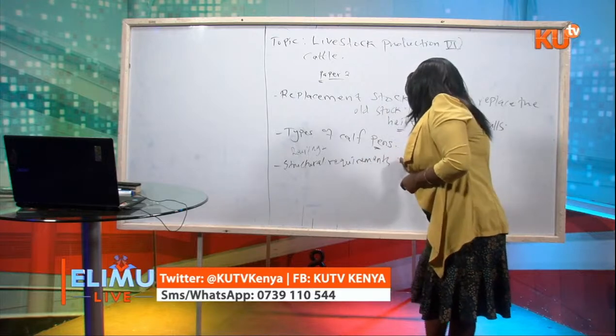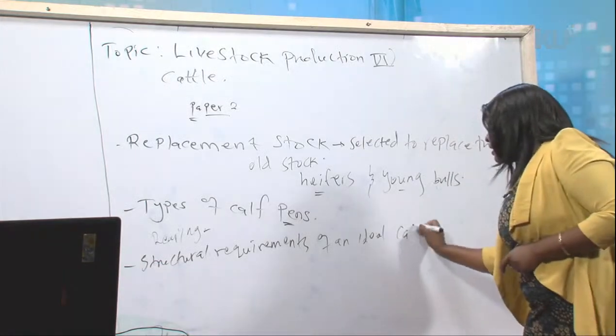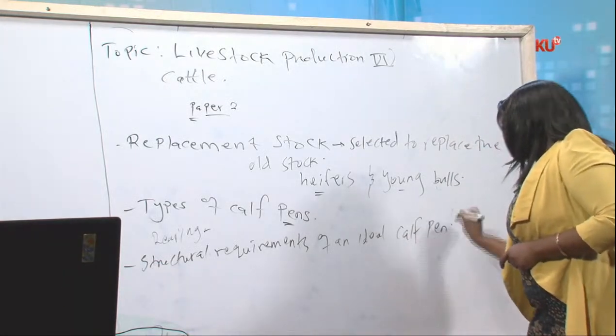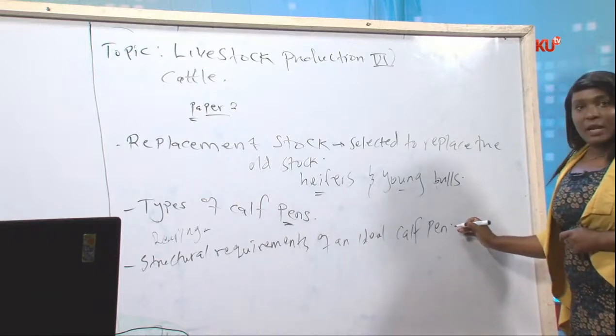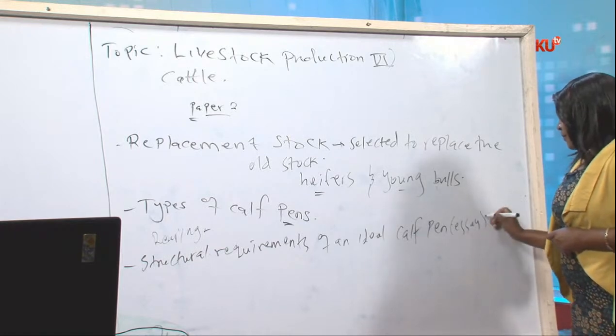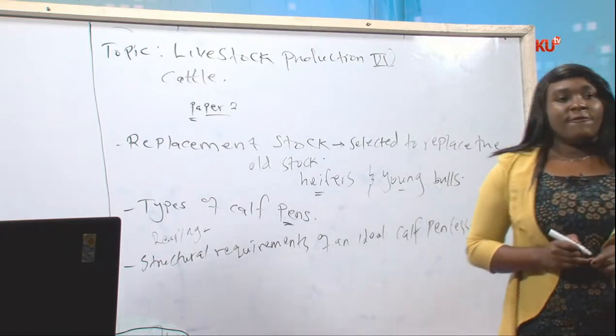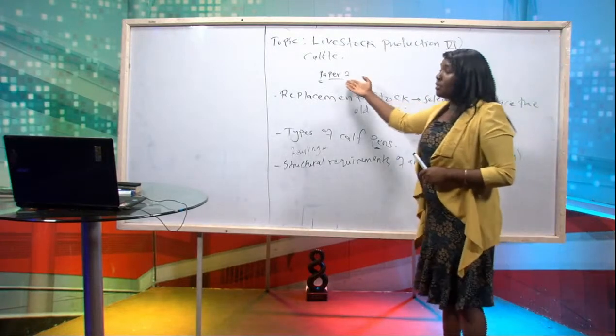Structural requirements of an ideal calf pen. And I want to say, particularly in this case, this is an essay question. At Form 4 level, by now you're familiar, we have already said that this is a topic in paper 2,